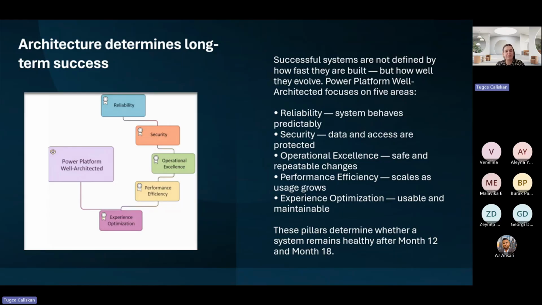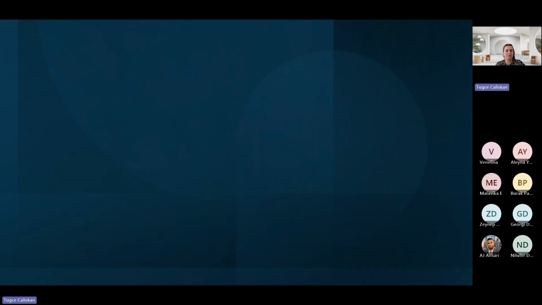And Power Platform actually makes it easy to build quickly, but the architectural part is to make sure that what you build continues to work long after it's delivered. So that is the key point where we actually manage the growth. The product will help you to create a system in some scope, but the architecture you put on it will be the one that actually helps you grow and helps you have a system which is long-going and evolving. So I hope that gave you some points and some ideas of what the issues would be.